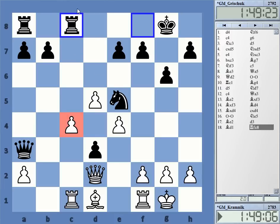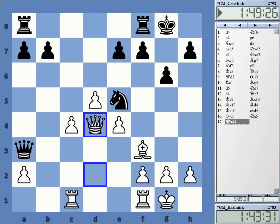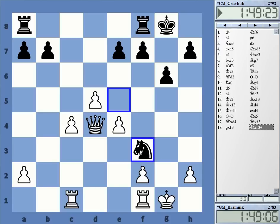Here c4 is a weakness, and is close to falling actually. Yeah, it's probably best to take on d4 as Kramnik did. They both played rather quickly, so it maybe was not unknown to them. Yeah, knight f3 played. Note that the move queen takes f3, which looks attractive at first, as this is winning